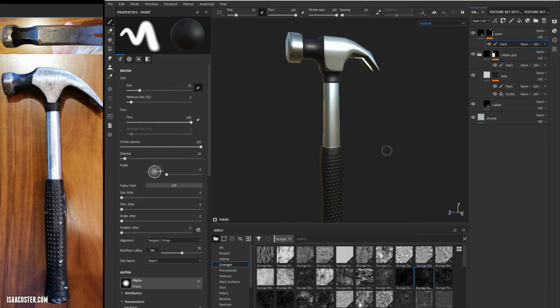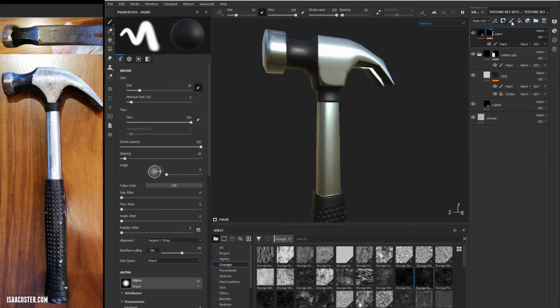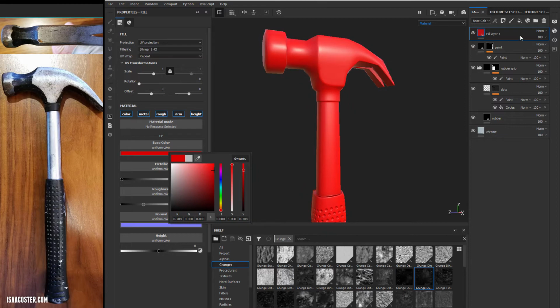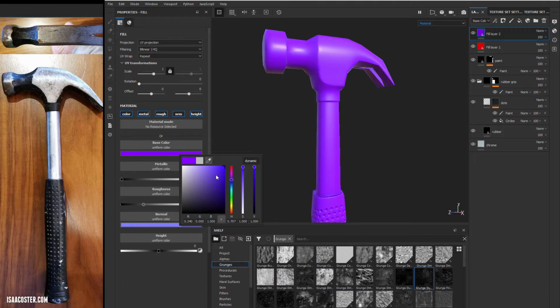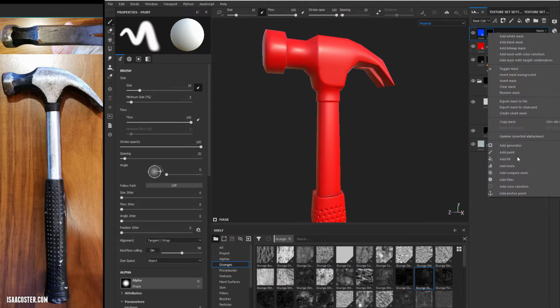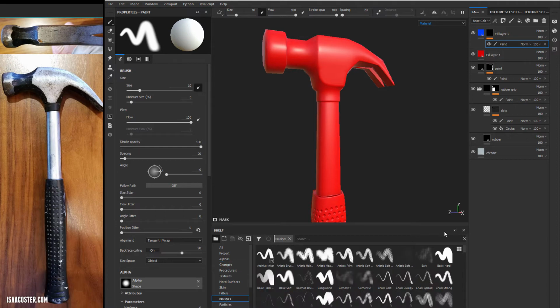Alright, so let's just do a very quick overview of how the brushes work here in Substance Painter. I'm going to make a new fill, and we'll just make it red, and then another fill on top of that, and this one I'm going to make blue, or purple, and then I'm going to add a black mask, and then into the black mask I am going to add a paint. So we'll go to the brush menu, and we'll start with the basic hard brush, and it looks